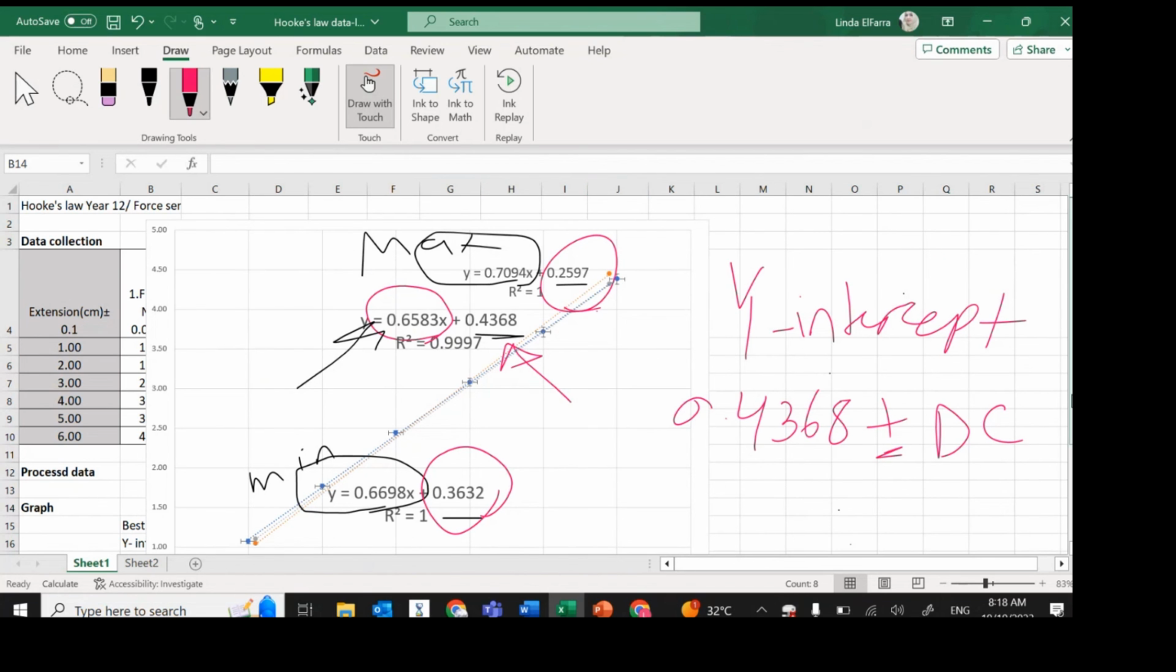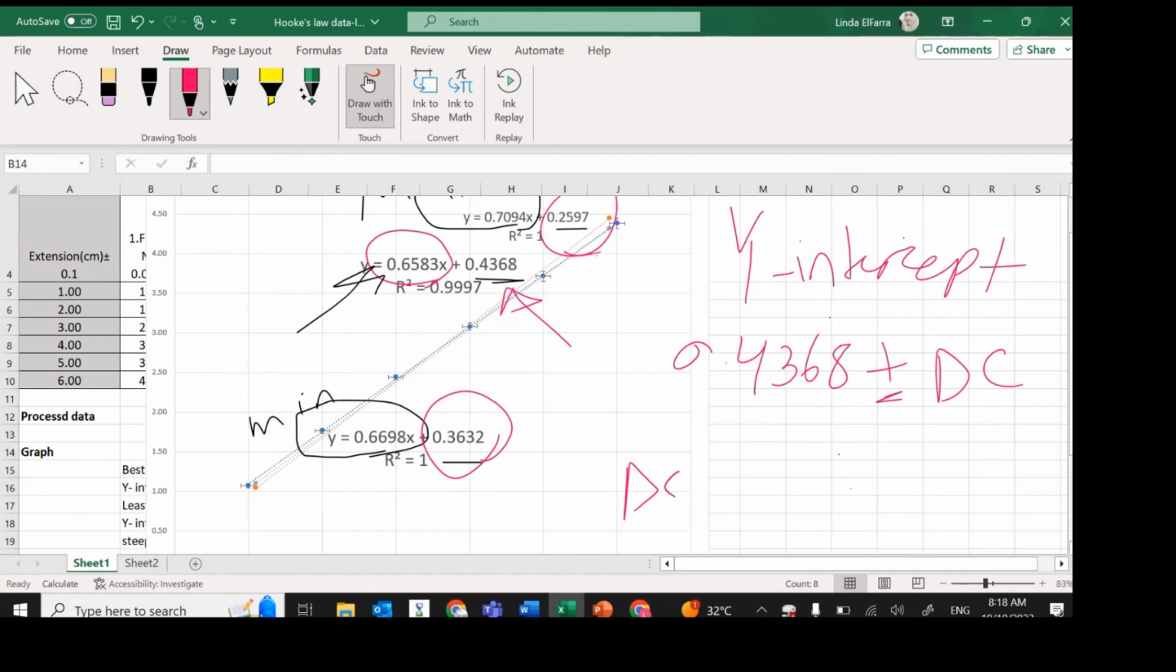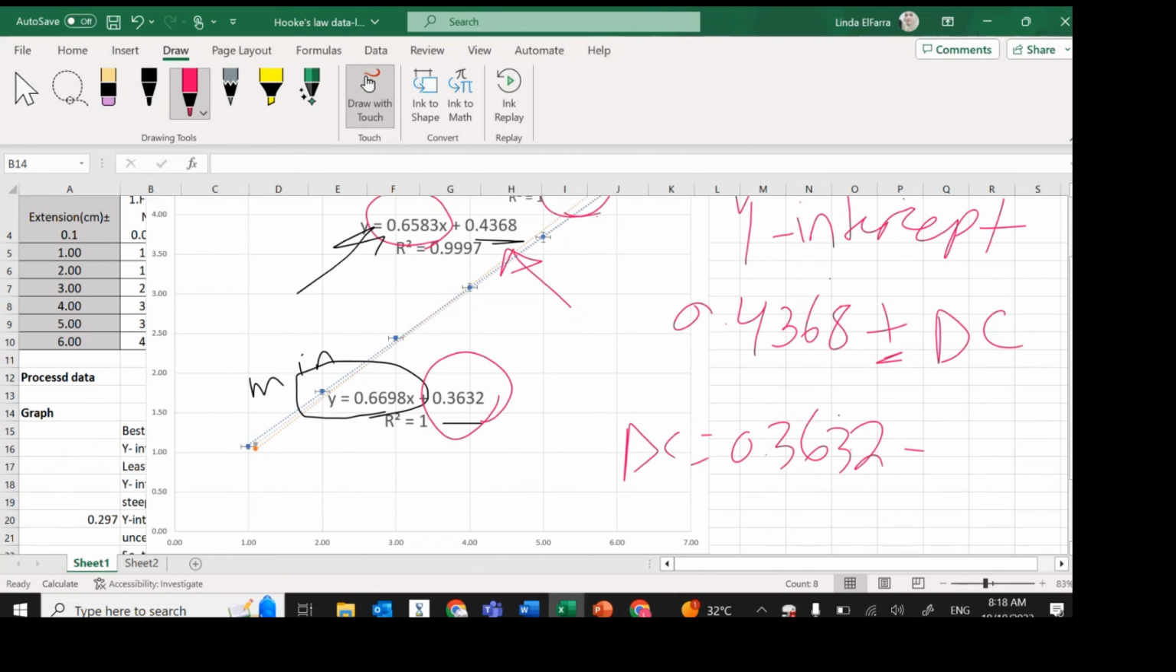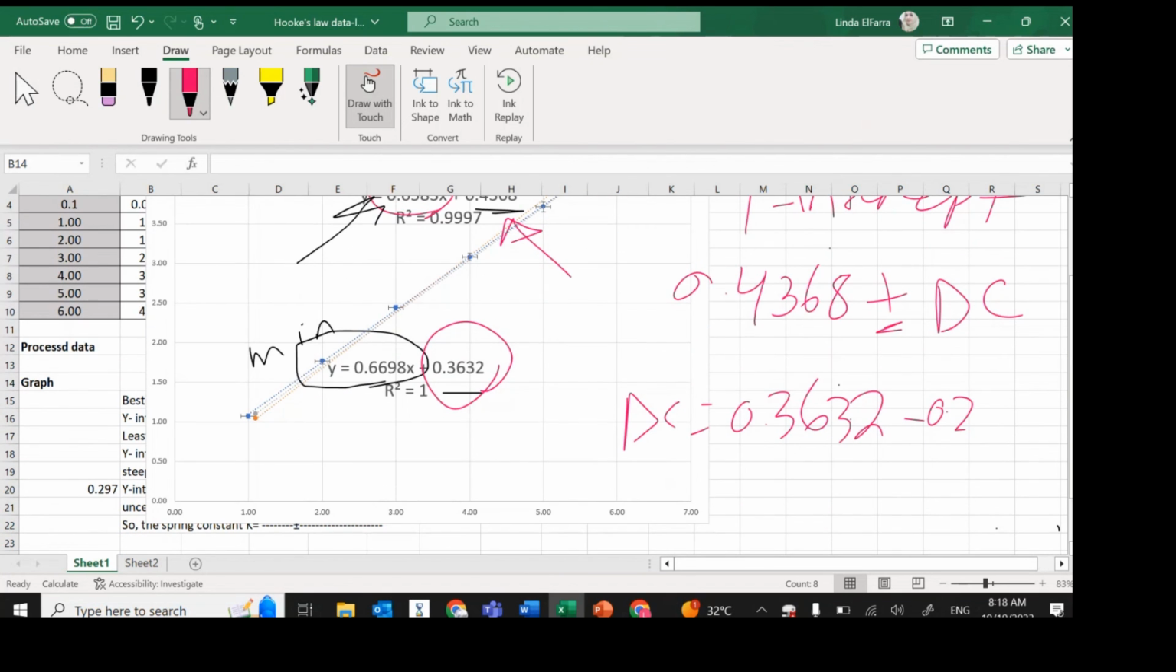So it will be 0.3632 minus 0.259 divided by 2. Then you record the value of the uncertainty. That's it. This is how you do the calculation in your last lab report. Please keep this video for your reference, as you will need it when you do the rest of